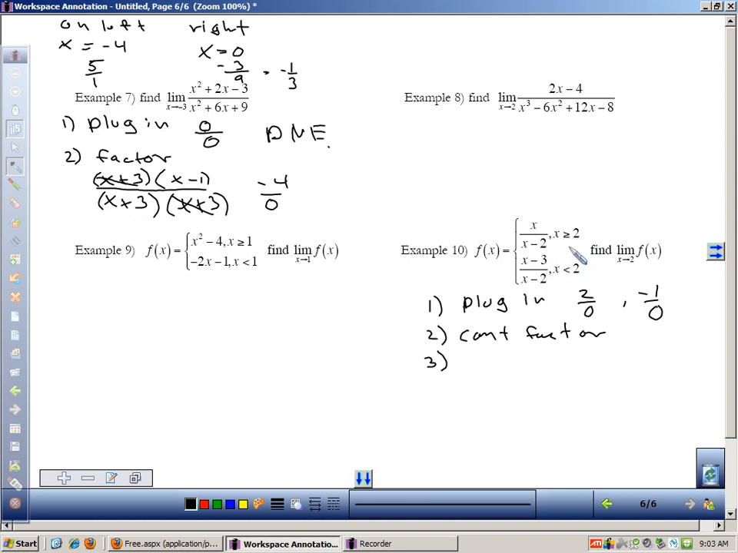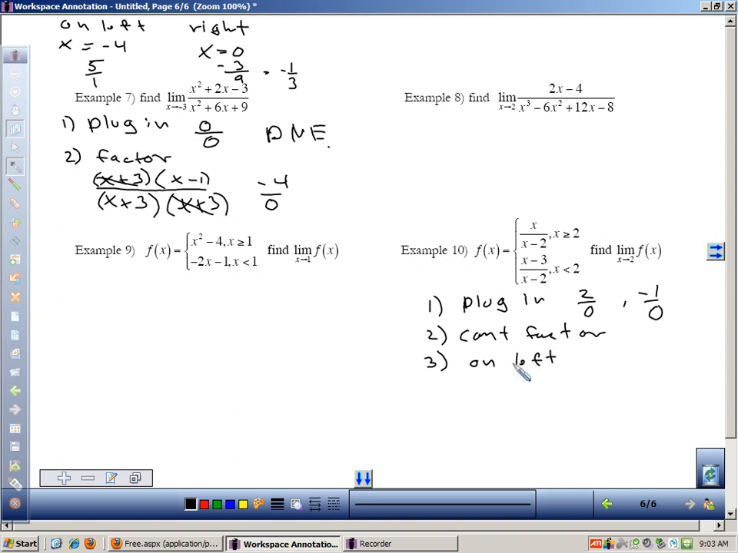Now with a piecewise function, you have to be careful which function you plug it into. On the right of 2, x is greater than 2. So on the right of 2, we're plugging into this function. On the left of 2, our piecewise function tells us for x less than 2, that's on the left of 2, we plug into this function. So on the left,